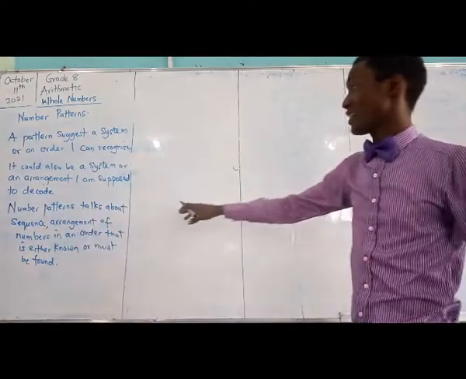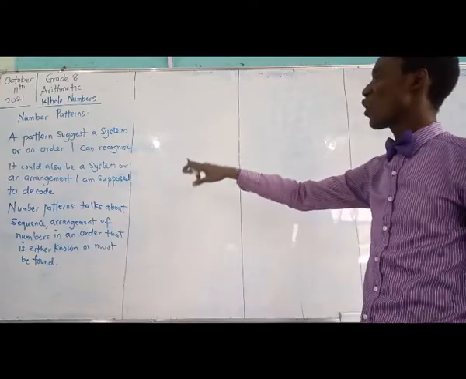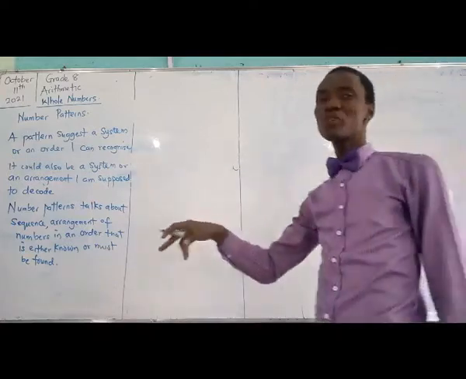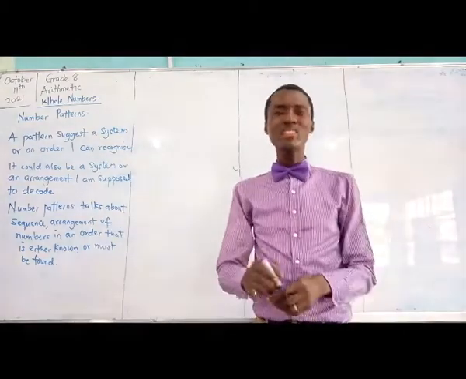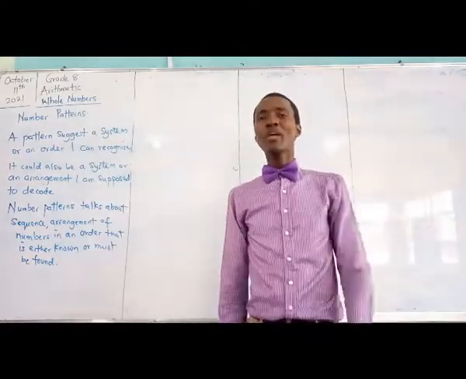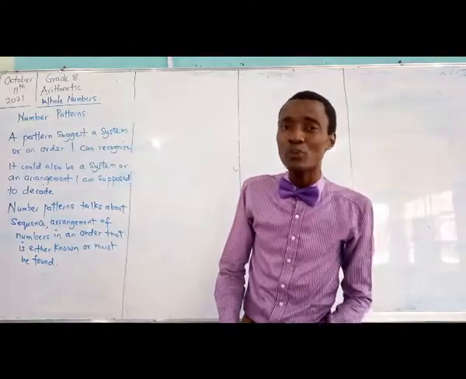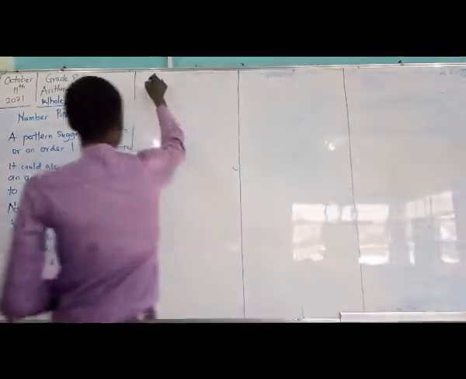We're talking about the arrangement, the sequence arrangement of numbers in an order that is either known or must be found. So there is no particular rule here, but we can give you little ideas that can help you in number patterns. So let's go to hints